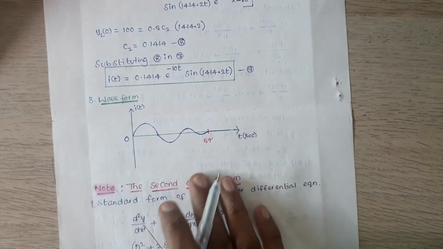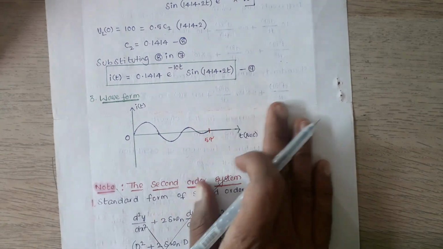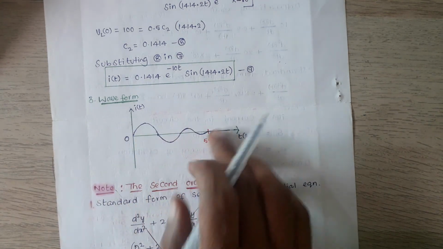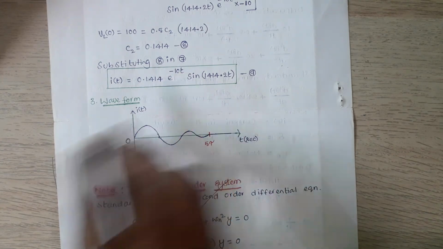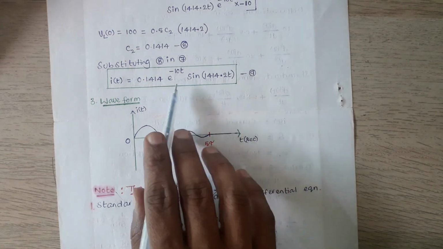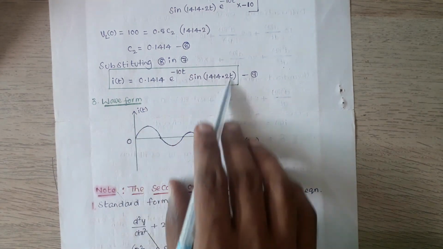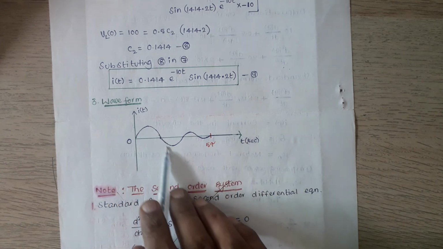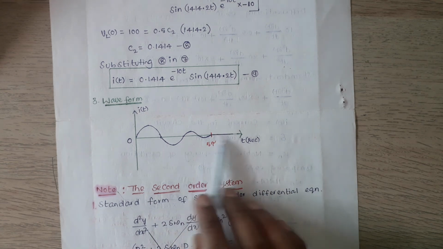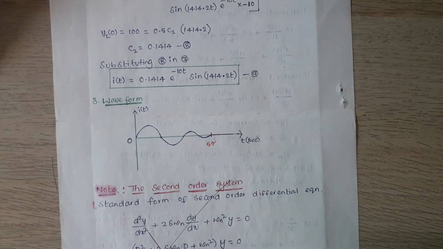So if you draw the waveform, before 0 the current in the circuit is 0, and after 5 time constants the current in the circuit is 0, but between 0 and 5 time constants there is an oscillation. It is a sinusoidal signal multiplied with an exponentially decaying signal. So here are two signals, a sinusoidal signal and an exponentially decaying signal, and the product of these two signals is this signal. It oscillates, but its magnitude is damped out. So from 5 time constants onwards, the magnitude is 0. So this is the problem related to an RLC circuit connected to a DC voltage source at t equal to 0, solved using the differential equation approach.